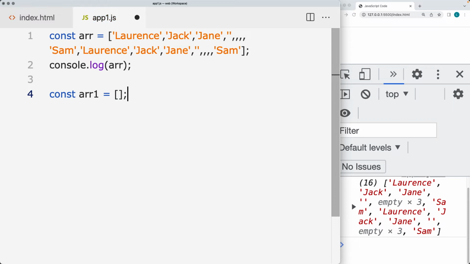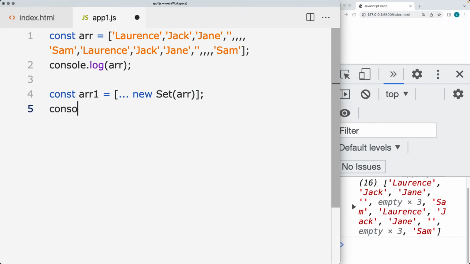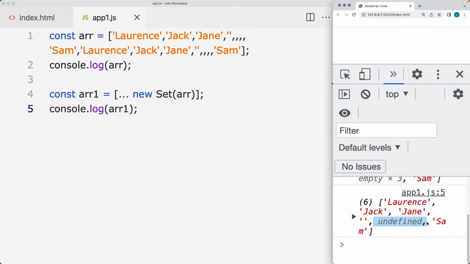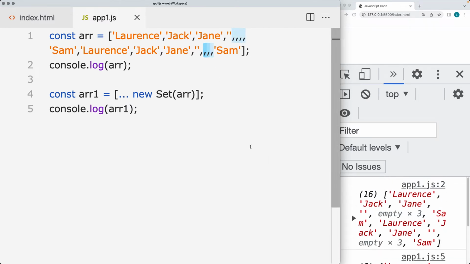So creating an array and returning back within the array the new set value, and then using that original array as the constructor for the new set of values. So when we log out the new array that's been created, this will remove out all of the duplicates, and it's not going to remove out the undefined and the empty ones. So those are still available as they were,